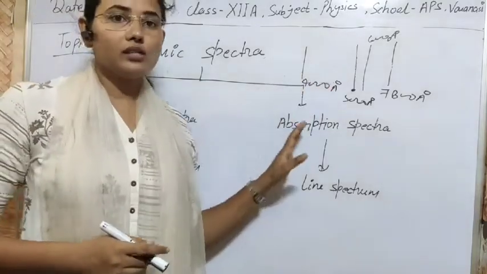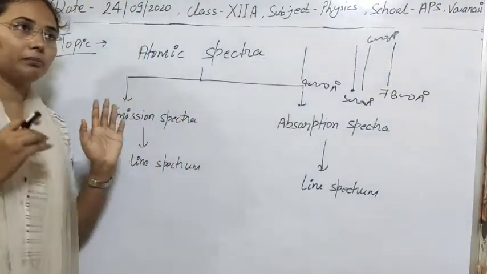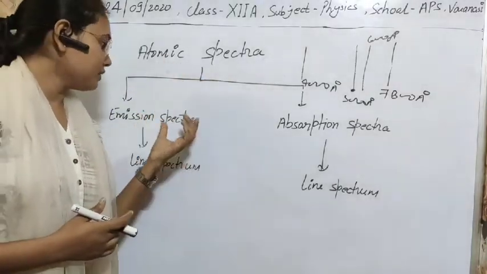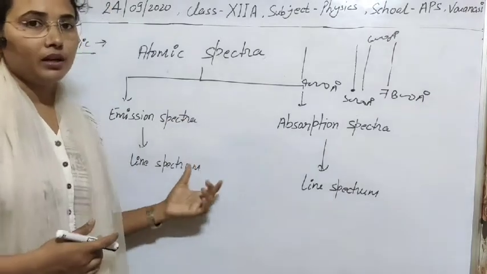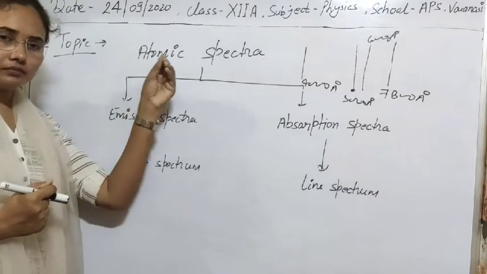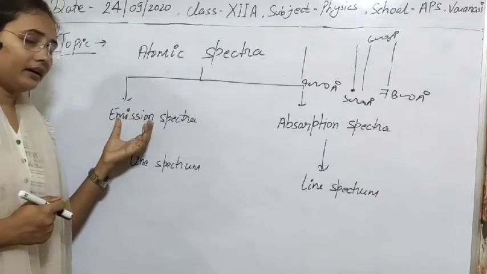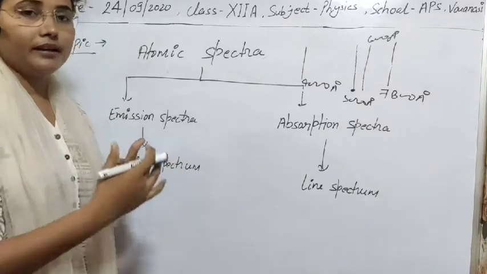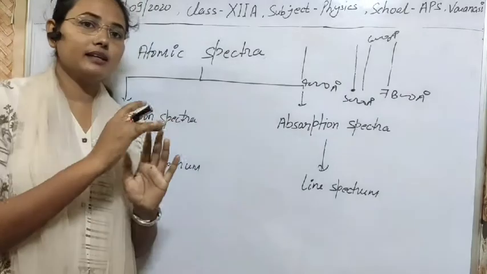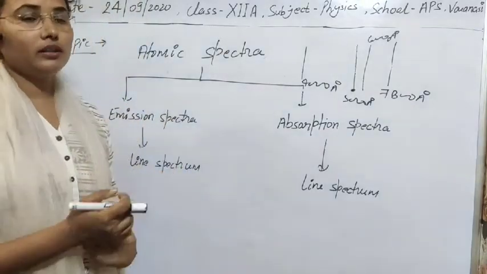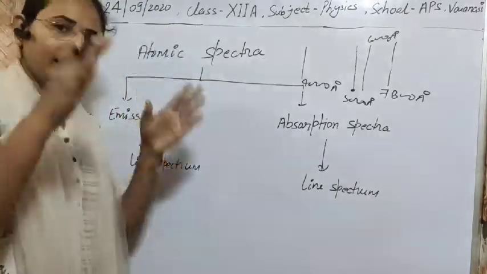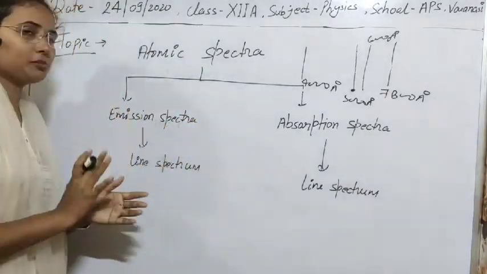So I think all concepts of atomic spectra are clear to you. Simple. Again, if I want to tell you, atomic spectra are of two types: emission spectra and absorption spectra. Emission spectra will occur when an atom transits from a higher to a lower orbit and emits some radiation, and if we arrange the wavelength or frequency of that emitted radiation in increasing or decreasing order, then we will get some spectrum or arrangement. That arrangement is known as emission spectra.